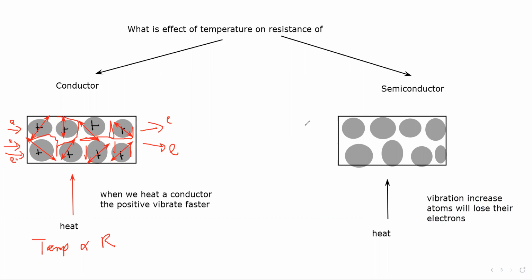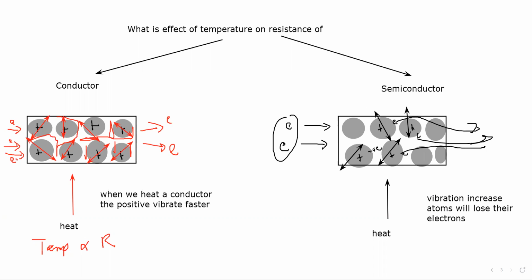So for example, if 2 electrons are trying to enter, we are supplying heat energy to a semiconductor. When we supply heat energy to a semiconductor, the lattice vibration, the vibration of the molecules, increases. That same thing happened in the conductor. But there's another thing, that these atoms start to lose their electrons. So when this one loses an electron, this will be positive. This will also lose an electron, positive, lose electron, positive. So 2 electrons are trying to enter. They are not able to pass, but the electrons which are released from the structure are able to pass.